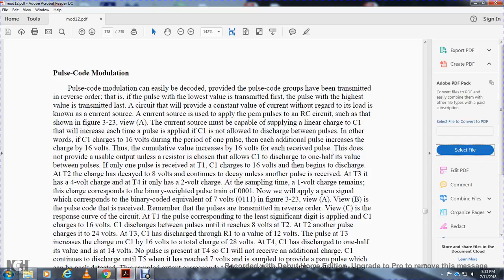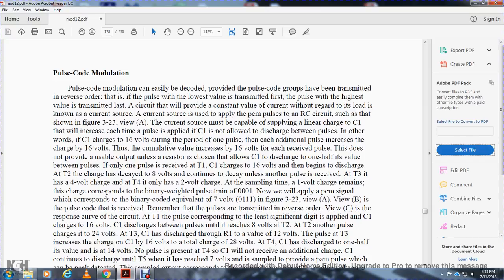The circuit provides a constant current value regardless of the load, with the noise of the current source. So you apply the pulse code modulation pulse to the resistor-capacitor circuit shown in figure 3-23, view A. The current source must be applied with the supply line for charging the capacitor. Thus, as the time of the pulse increases, capacitor 1 is not allowed to discharge